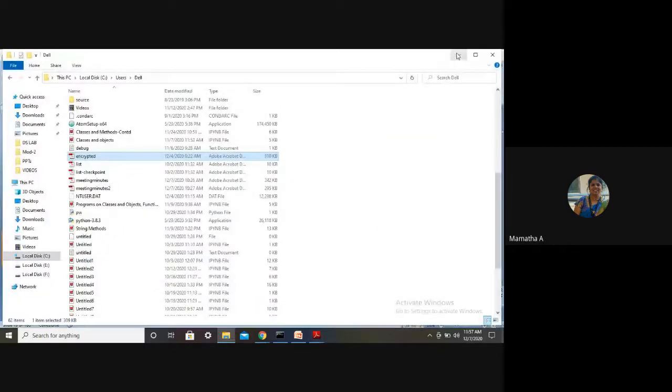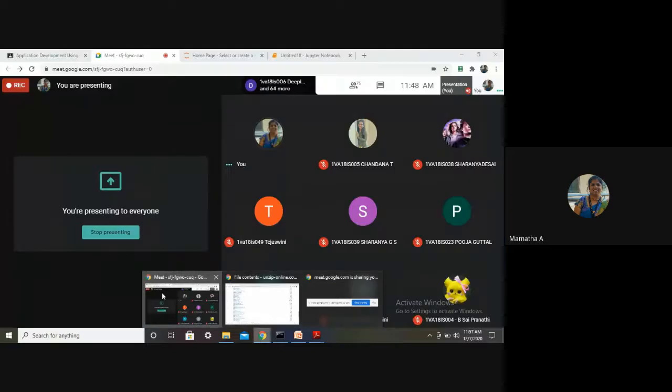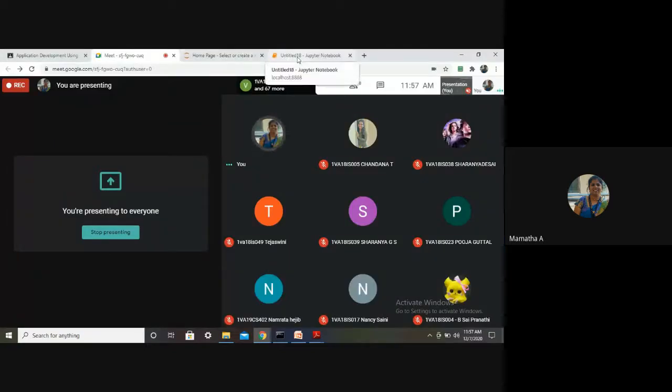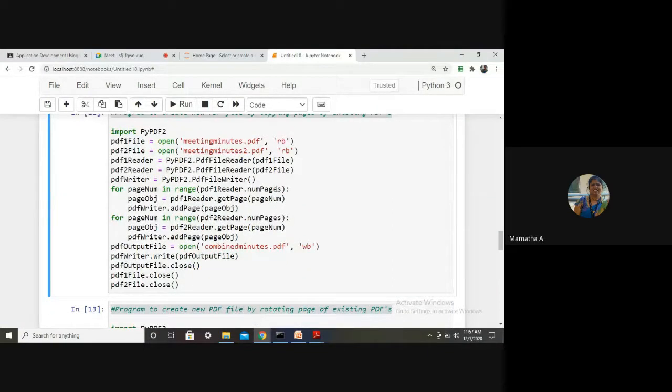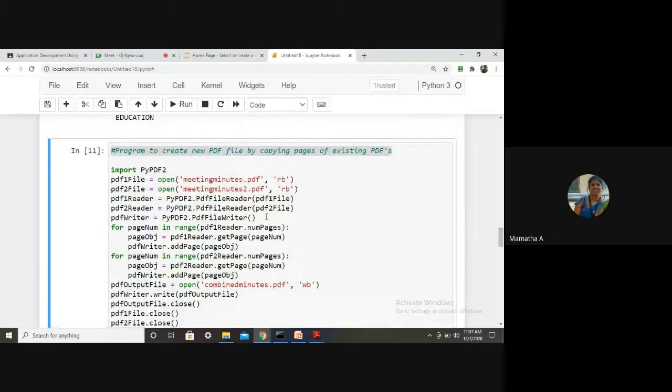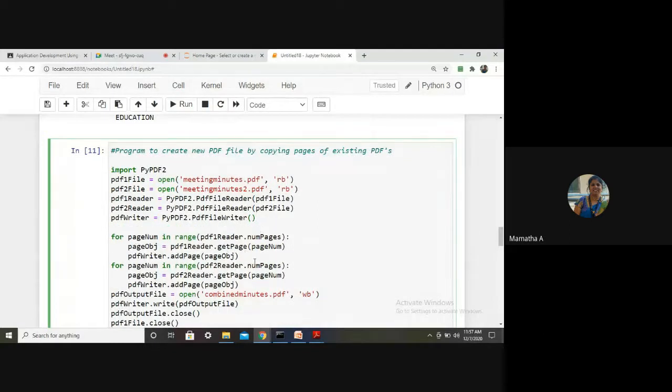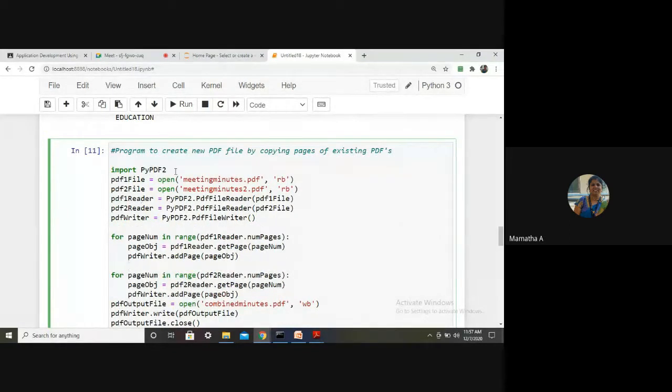Obviously, when I ask you to combine it, you will directly go to an online PDF merger, select the files, and it will merge, right? How does it merge? In the background, there's some code which runs, and the code is quite simple here. Just observe and tell me what it does.